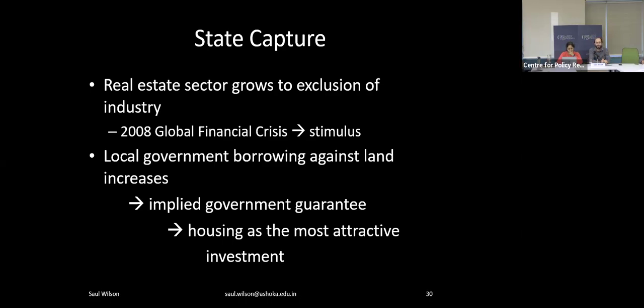And the central government provides support for the real estate sector. It lowers taxes on real estate, it lowers the barriers to buying a house, and encourages everybody to go out and buy houses. And the result is that the price of houses nearly doubles in the year after the global financial crisis hits. And the real estate sector becomes really the center of the economy, to some extent to the exclusion of much of the industry that had been supported in the early 2000s